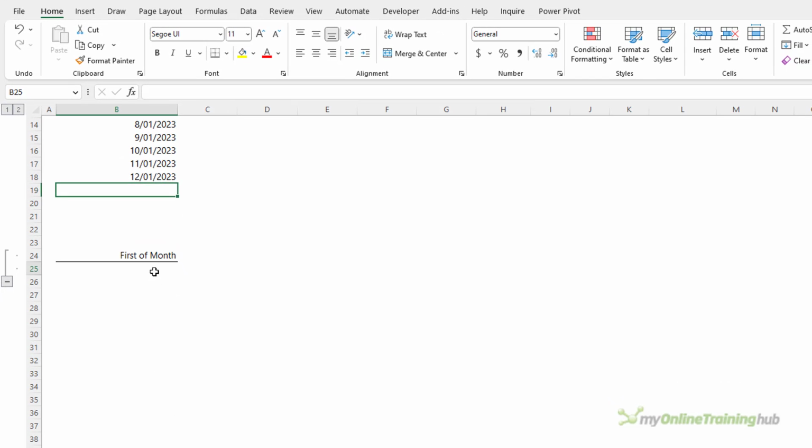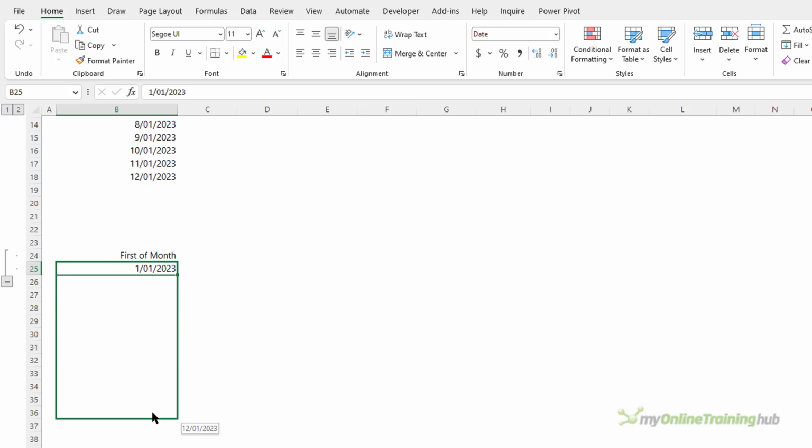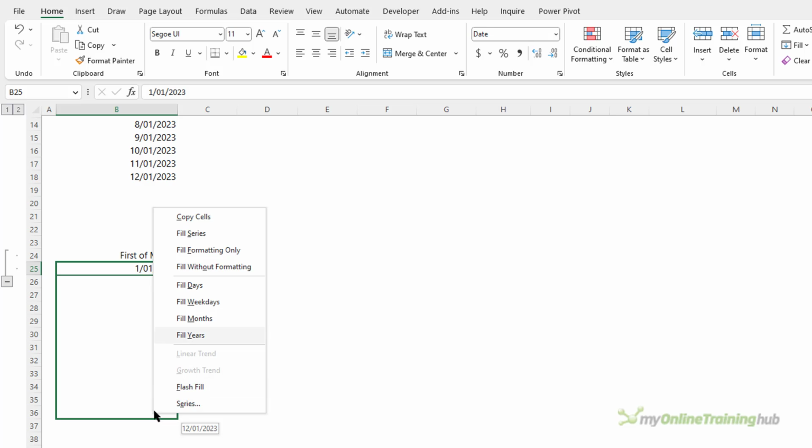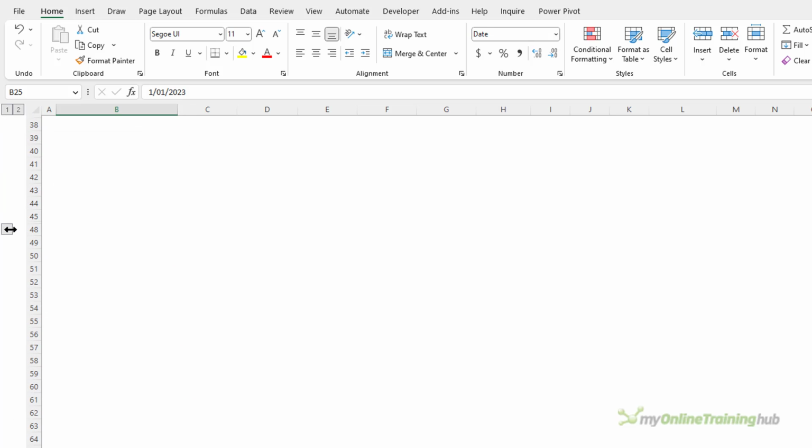However, not many people know that you can generate a list of the month start dates with the right mouse button. So entering the first date, right click the fill handle and drag and then release. And here I can choose fill months. So now I have a list of the first of each month,